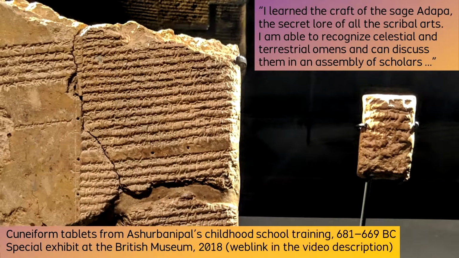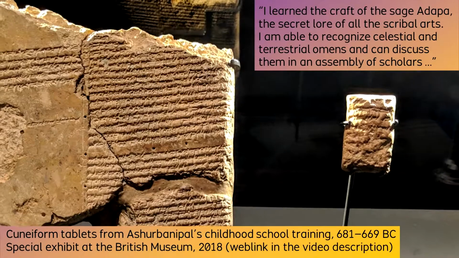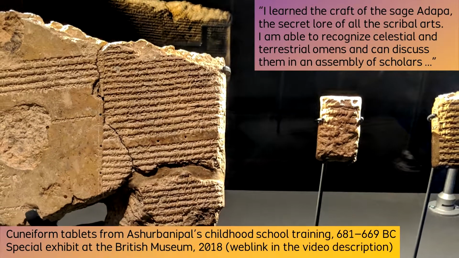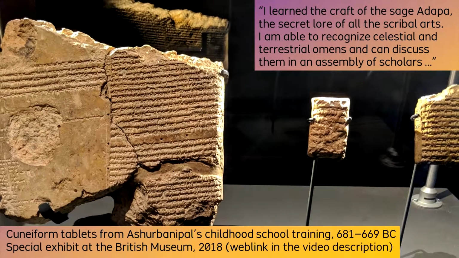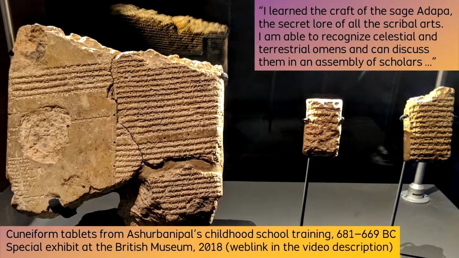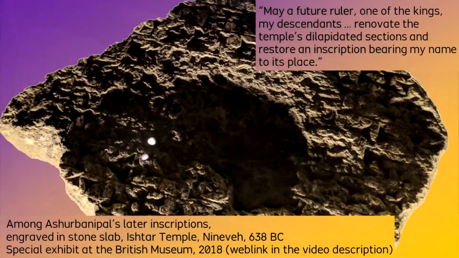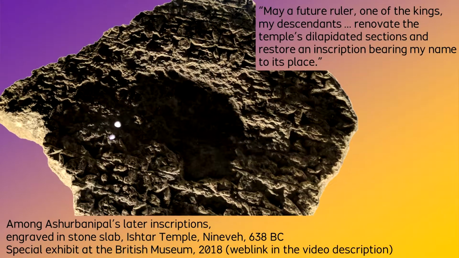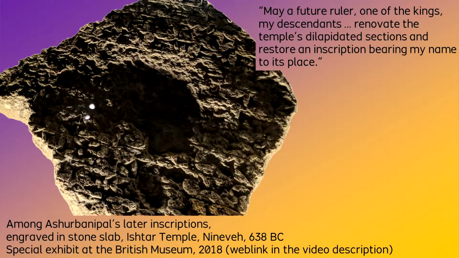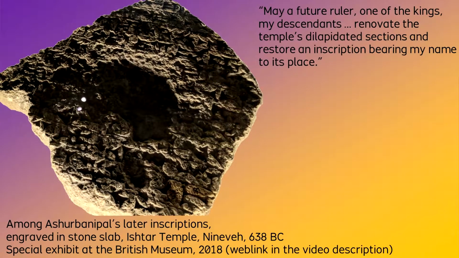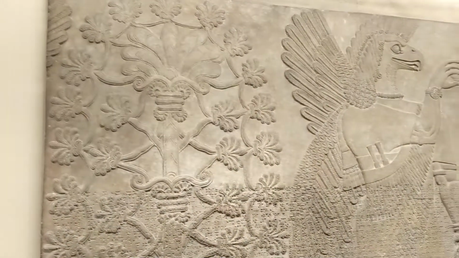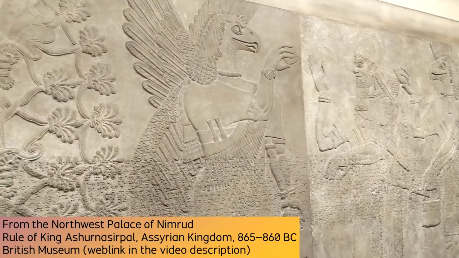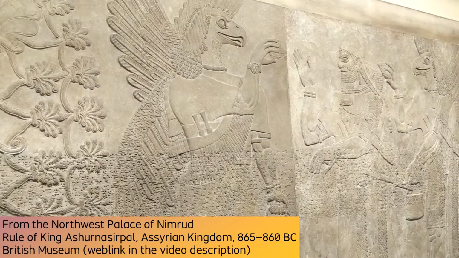During the time of the Assyrian kingdom, cuneiform has been preserved from the childhood school training of Ashurbanipal. Abundant records then were produced throughout Ashurbanipal's reign, and one poignant object relates to his later years as a fatigued and aged king in 638 BC. Dated about 200 years prior to Ashurbanipal, Assyria was ruled by King Ashurnasirpal, with an extraordinarily detailed record at the